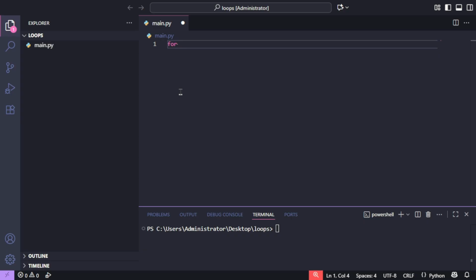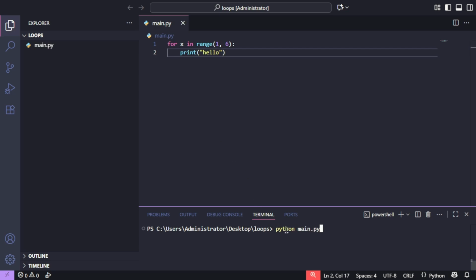We will type the keyword for, and then we need to have some sort of a counter so that we can use that to iterate over our values. So for x in range, now we are calling a function here called range. Now if you want to print the message 5 times, you would put the starting index as 1 and then the ending index will always be 6. Why? Because the last value is always exclusive and it doesn't get taken into account and it doesn't get printed. Okay, so here we will just print our message hello,